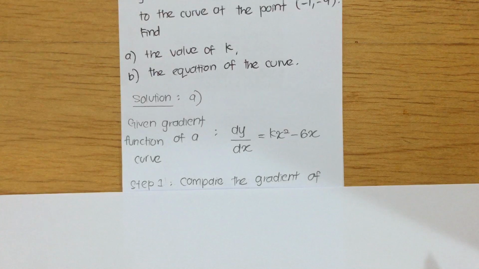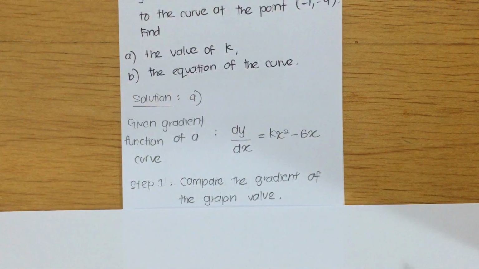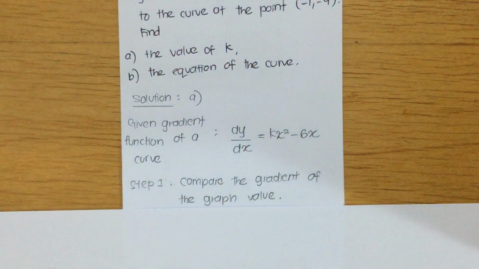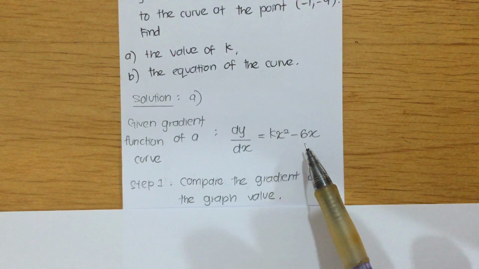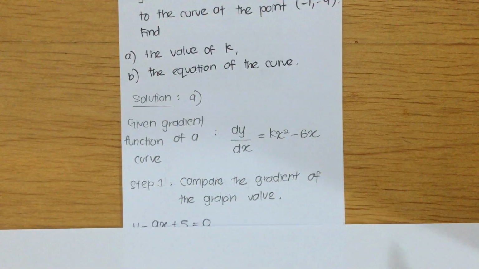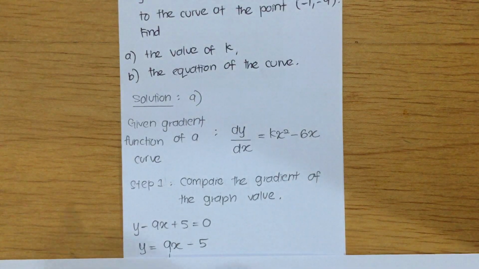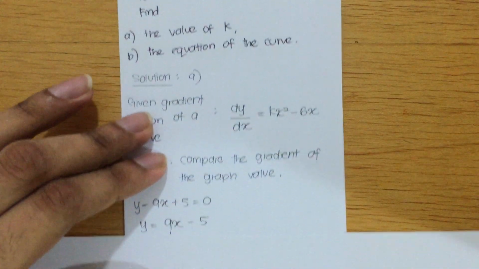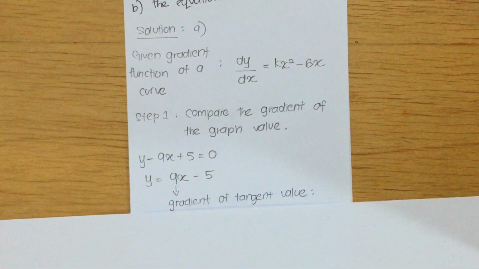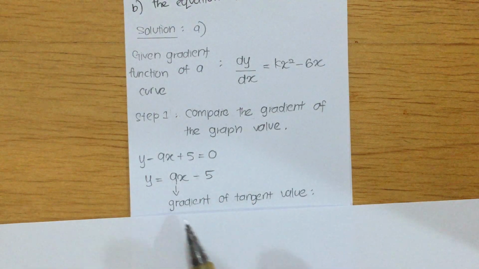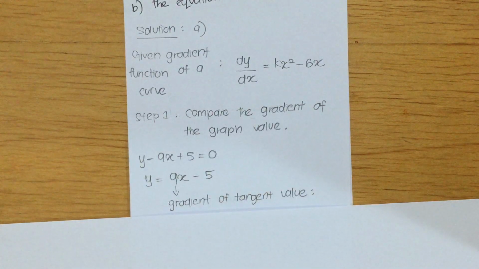For the first step, we're going to compare the gradient of the graph, which they already gave us as kx squared minus 6x, with the gradient of the tangent. It's given that y minus 9x plus 5 is equal to 0. We bring everything to the right hand side, so it becomes y equals 9x minus 5. As I said earlier, this 9 is the gradient of the tangent. Now I'm going to compare this gradient of the tangent to the gradient function of the curve